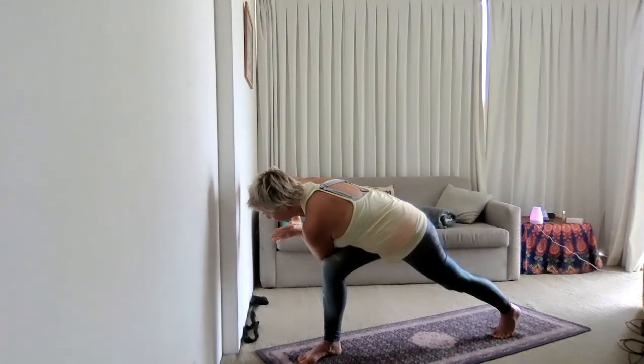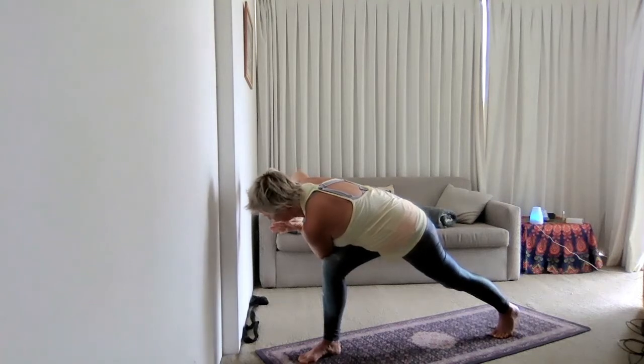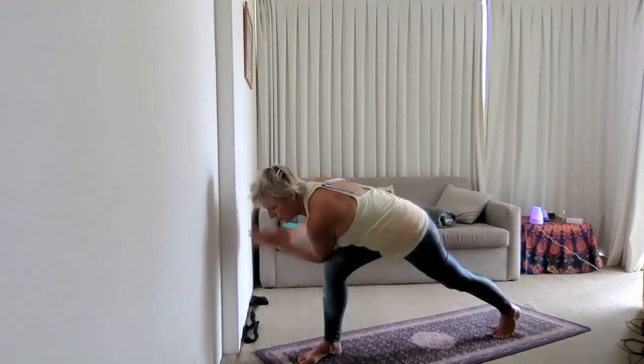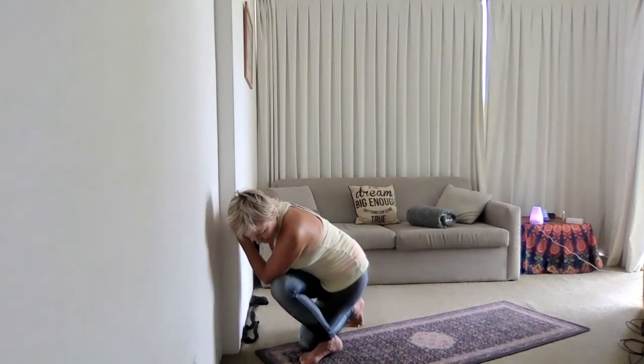Keep turning, just look off. Keep that spine nice and long, crown of the head long. All we're doing is turning and looking off towards the right. Keep breathing into the pose. Send the breath to where you need it. One more breath. Keep the hands in prayer and slightly step that left knee around the outside of the right